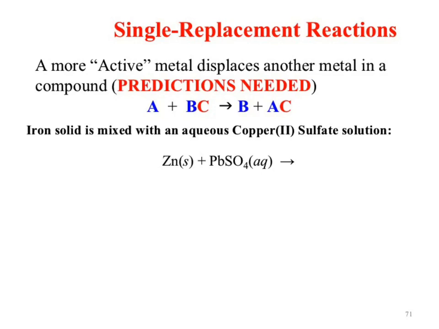Within this, we start with something in its elemental state. I react it with a compound. The metal species exchange locations. Okay? So if we go